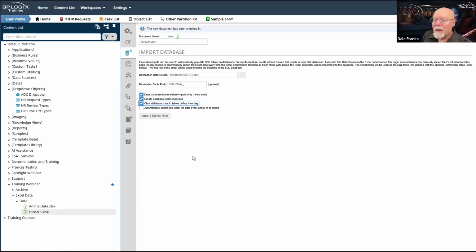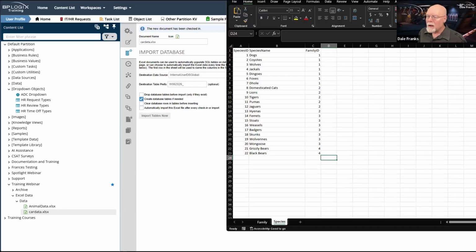However, depending on how I'm going to edit my data, I may do neither of these things. In which case, it is going to create the database table the first time I insert, but the next time I import, it is going to import all of the data and append it to the existing data in the table. So obviously, it doesn't matter the first time that I import, but let's say,